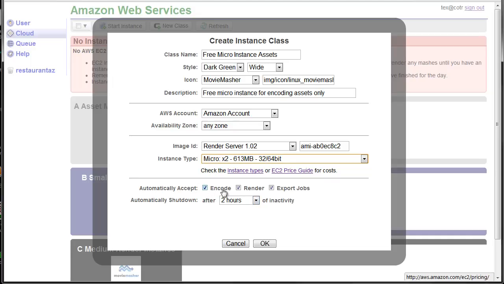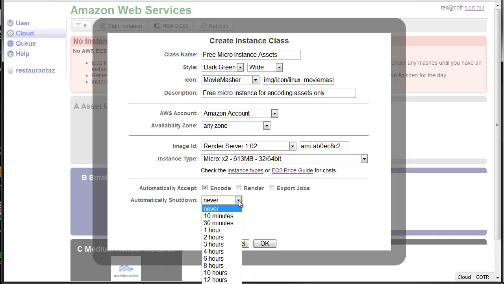Okay, now because we want this one just for encoding assets and not rendering videos, we'll deselect render and export jobs, and you can select the automatically shutdown time from the drop down list to never, which is what I normally have on a micro instance because it costs me nothing. Anything from 10 minutes to 30 minutes, but if you use those, you'll still be charged for a full hour,